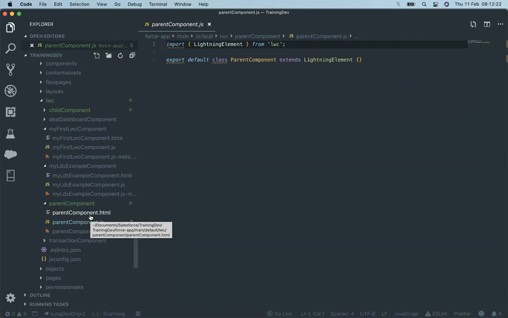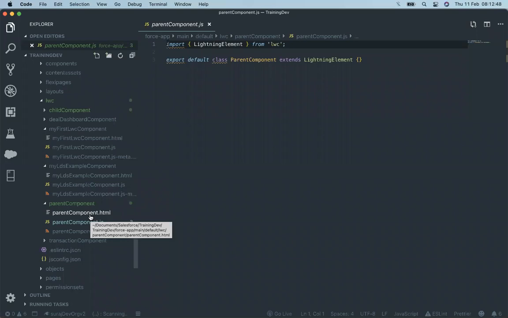In Aura, when we're binding the data, we're using V dot variable name. That V is a value provider that helps to bind the data in a two-way direction. But in the LWC, we don't have any kind of value provider. That's the one thing that I know. Apart from that, I haven't researched it, but in the Aura there is a value provider that helps to bind the value in two ways.